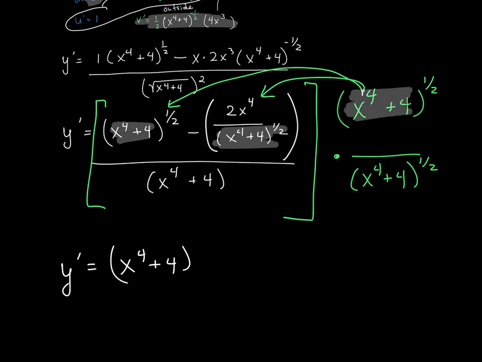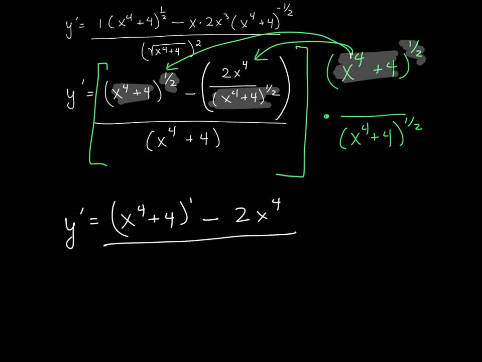So all I have to do is add the exponents, 1/2 plus 1/2, so that's the exponent to the first. Now I subtract 2x to the 4th from that. And that's because when I multiply this fraction times this, the denominators cancel out. That's by design. Now in the denominator,